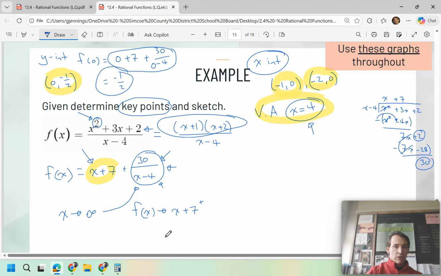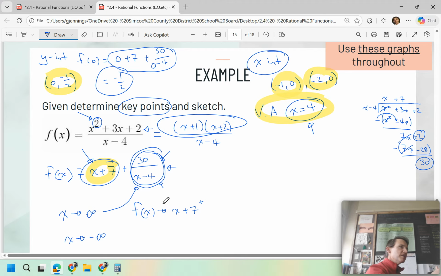So then, if we let x approach negative infinity, this is still going to be approaching negative infinity. Don't get me wrong, but it's approaching the line. Because this still gets very small, but it's now negative. Because you have negative infinity on the bottom, which doesn't make sense, so we use an idea like negative 1,000,004. 30 over negative 1,000,004 is extremely small, but